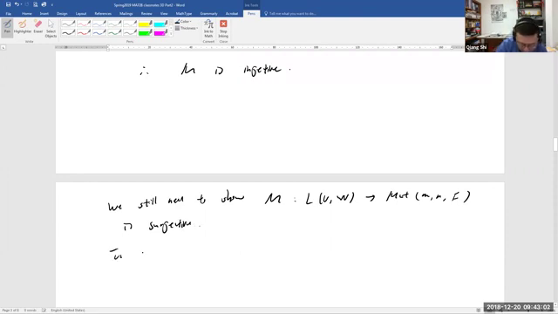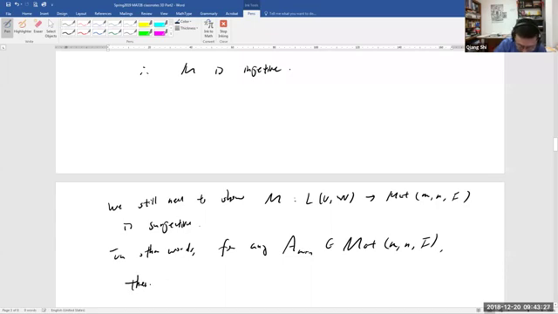So in other words, for any matrix, okay, A here, I think not U there. So for any matrix belonging to this matrix vector space,